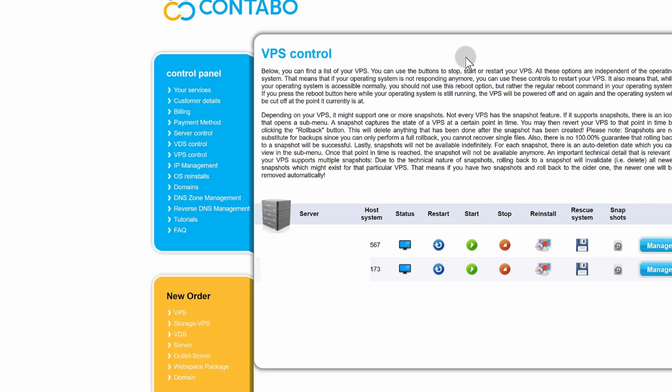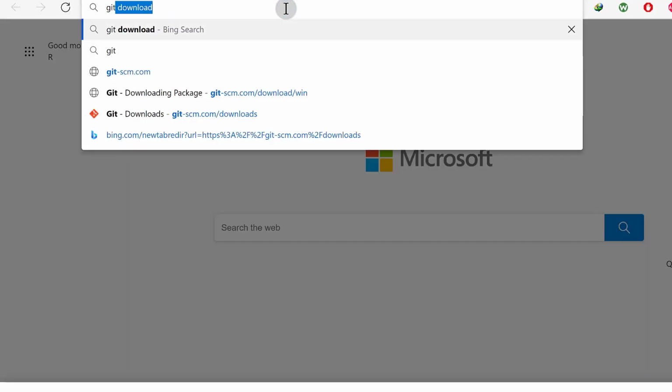To log in, on Windows, I'm going to use Git Bash. You can download Git Bash for free and install it. If you are on a Mac or Linux, you can use Terminal to follow along. So just search for Git, if you're on Windows, that is, search for Git,